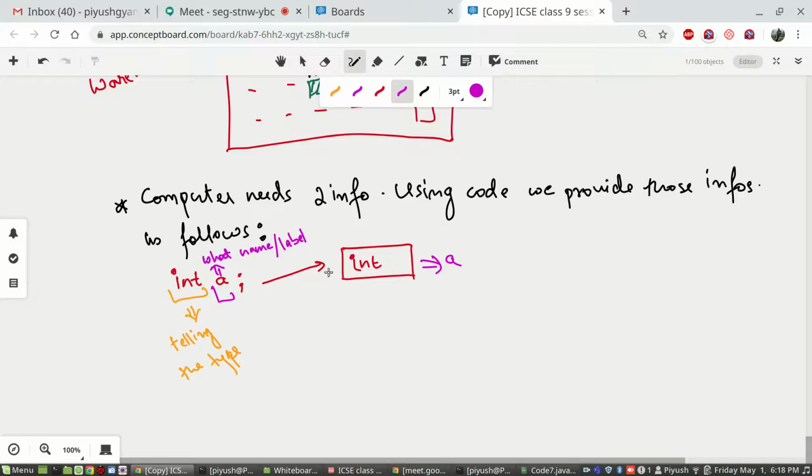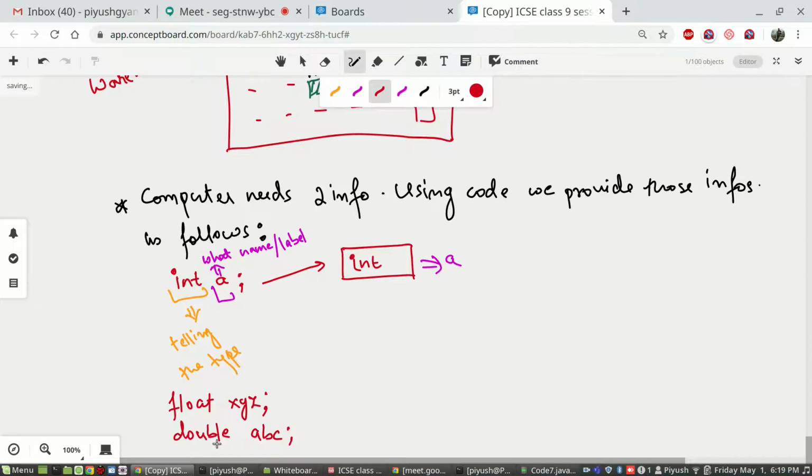Let's say if you want to store decimal values in it, what will you write? You will write either float, you can give any name, you can even give XYZ without space, float XYZ, or you can write double. Because we saw two different types are capable of storing decimal values, so you'll write double ABC, any of these.